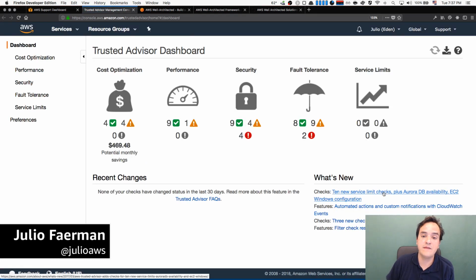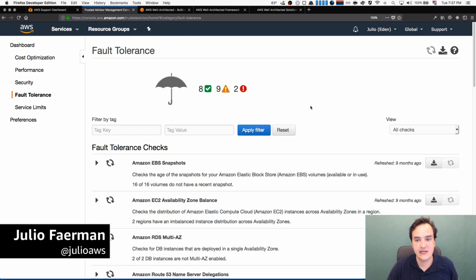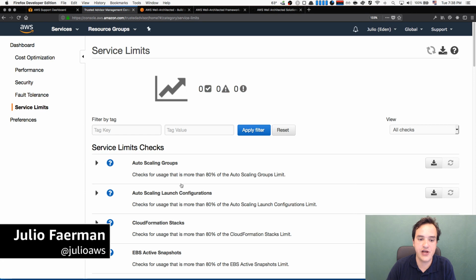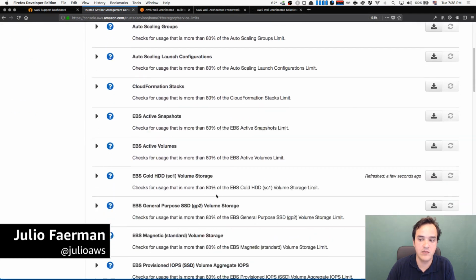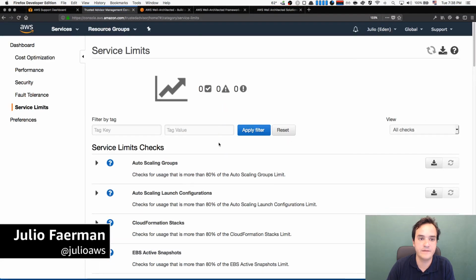And when we do this on the Trusted Advisor dashboard, you can see in each of the sections of cost optimization, performance, security, fault tolerance, we have the service checks. And one of them is about the service limits. So here you can also check if your services are above or below the expected count. And